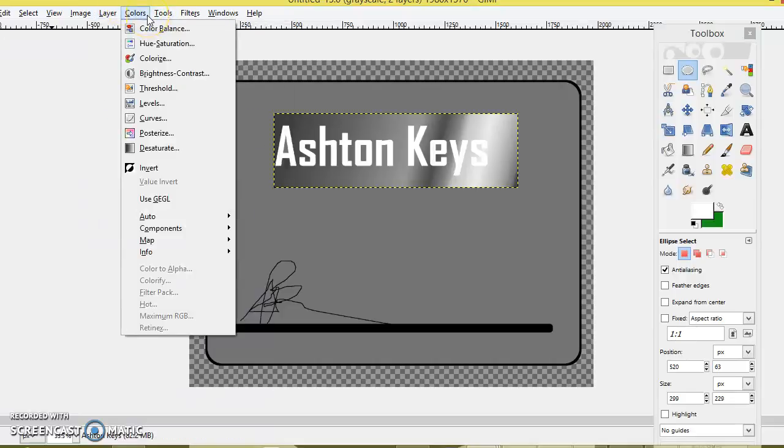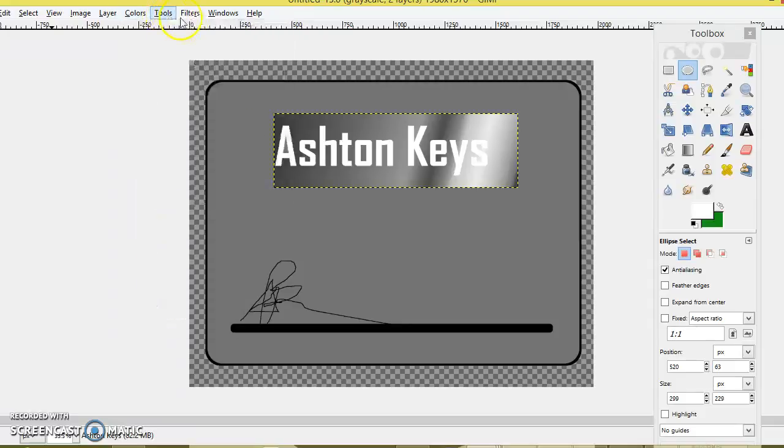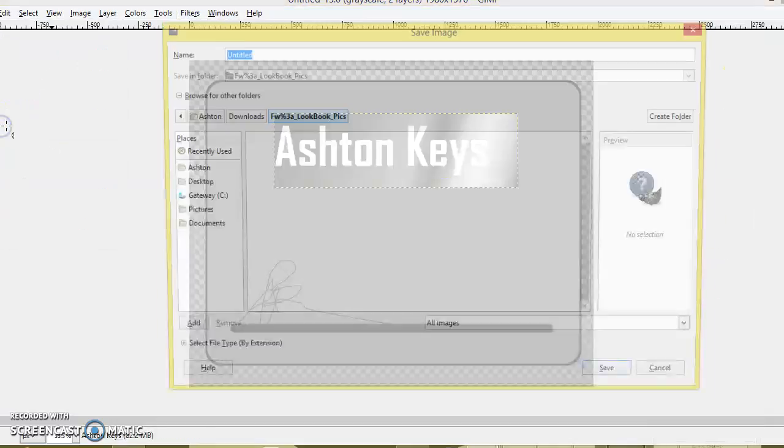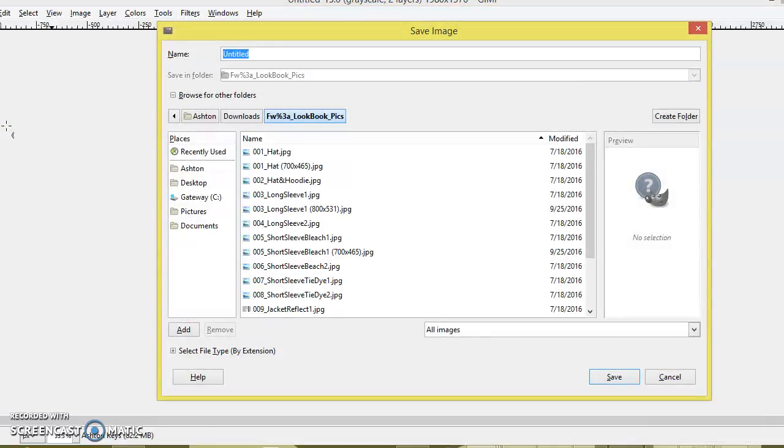And when you have any transparency, you want to save it as a PNG because JPEG cannot hold transparency. And the Gimp actually has their own. When you save it, say you want to keep the file or you want to keep adding to it, and you want to change text later on, if you just click save,